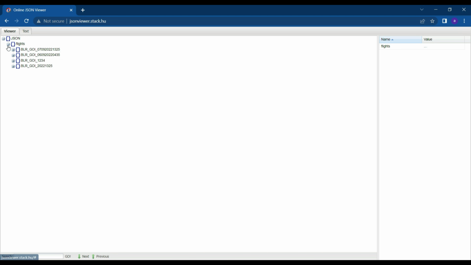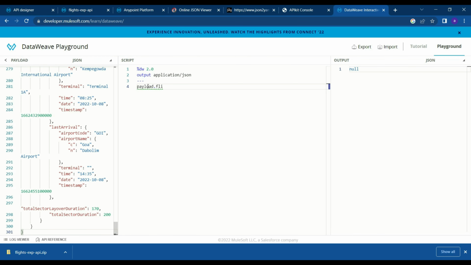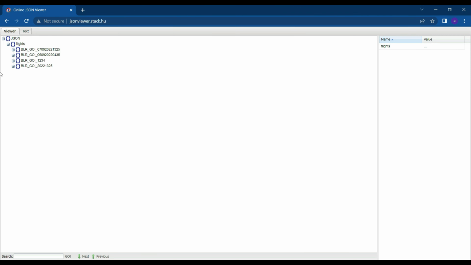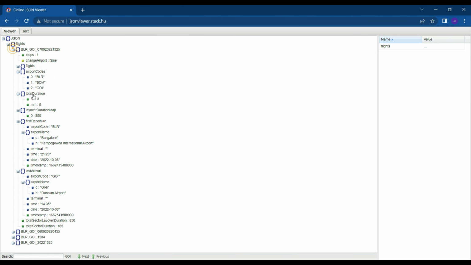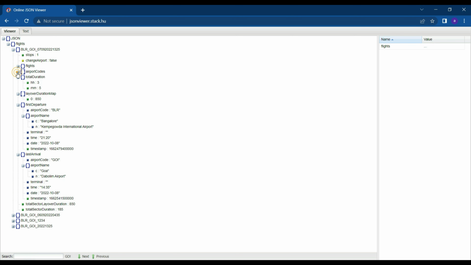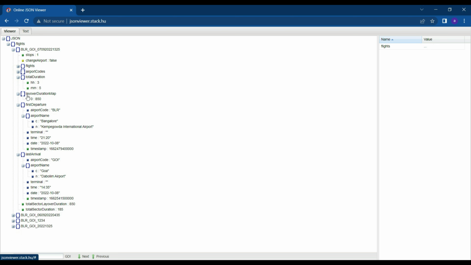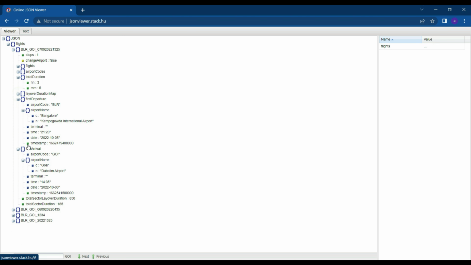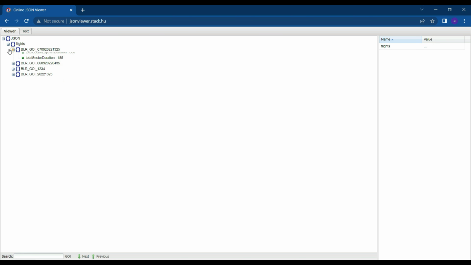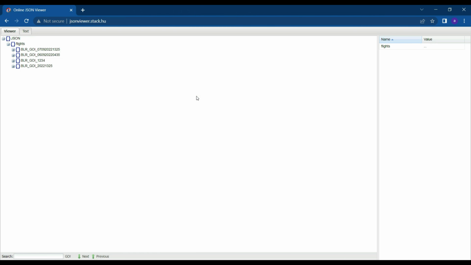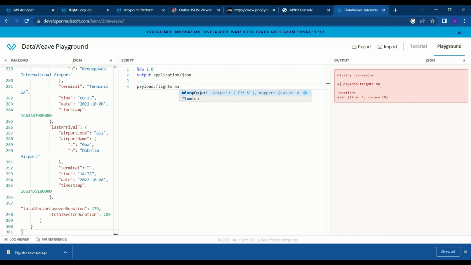We have flights, so flights will have four flight information entries, right? Payload dot flights. Payload is just everything that we got from the REST API. So let's try to extract the information that we need, right? We have airport codes, we have a lot of information related to the flight. So we will extract what we need. So payload dot flights,